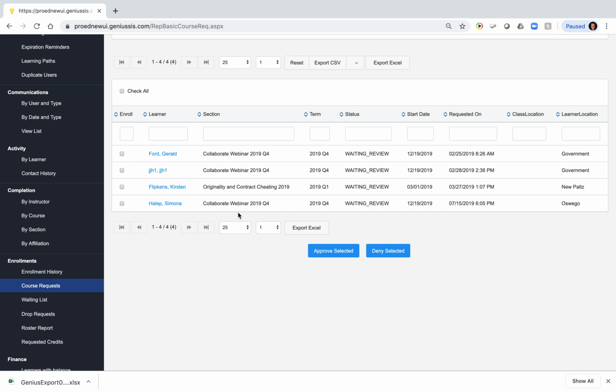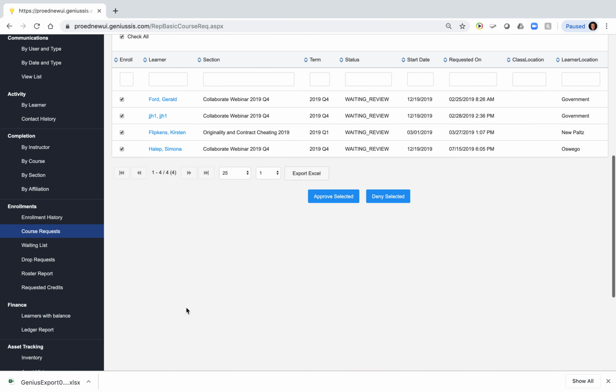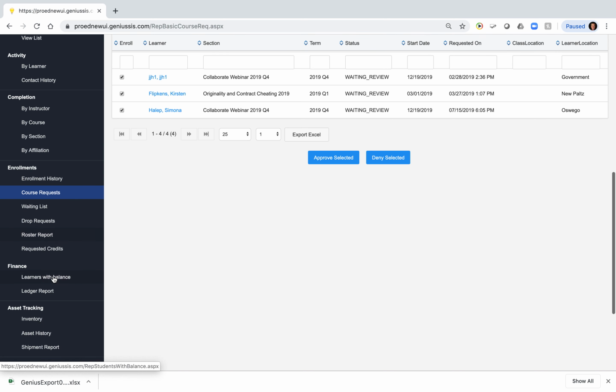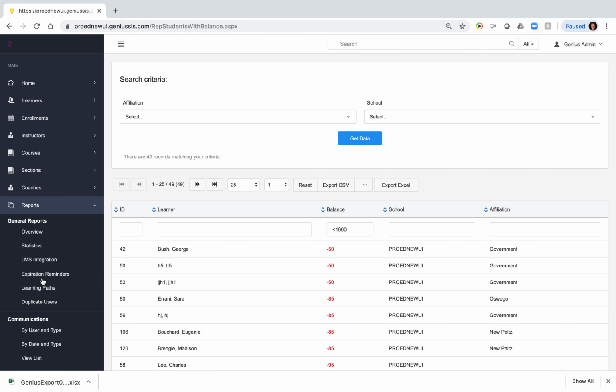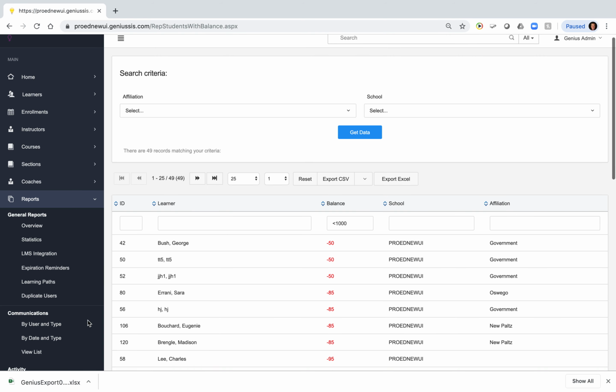And so these are the 4 people waiting approval. I can just click them all and say, approve or deny the request. And if I approve, they'd be enrolled in the course. If I deny, then they wouldn't get in the course, and they'd get an email telling them that they've been denied. So there are processes for people on the wait list and people who are requesting drops. There's a course roster report, and of course there are financial ledger reports where you can see who has money,